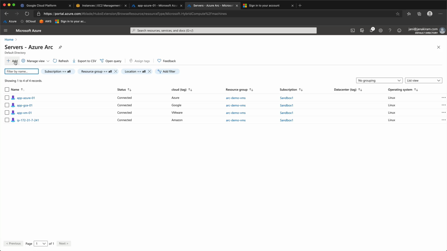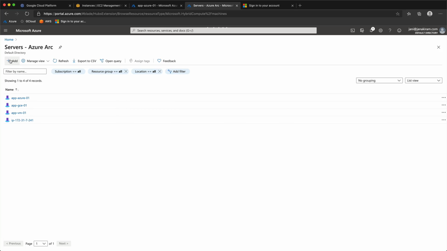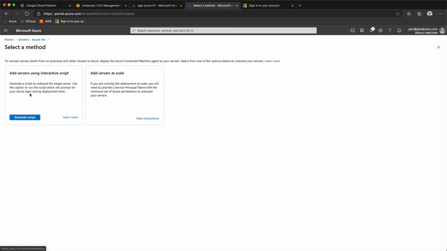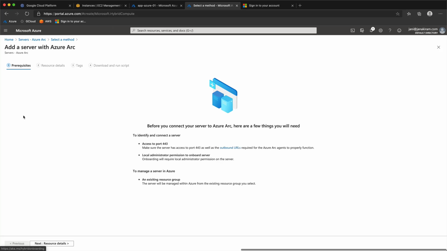So once you are within the Azure Arc for servers blade of the Azure Portal, you click on Add, and then you can either onboard servers at scale or add each of them interactively. So let's click on Generate Script. Here it is giving us some prerequisites, such as needing access to port 443.